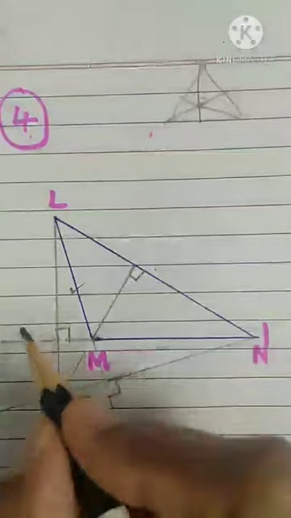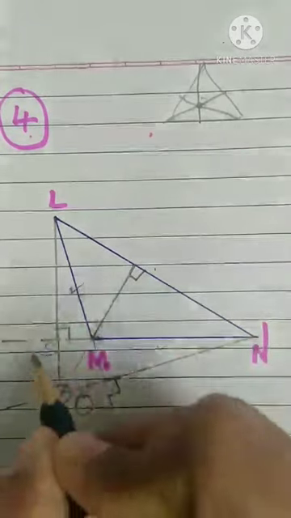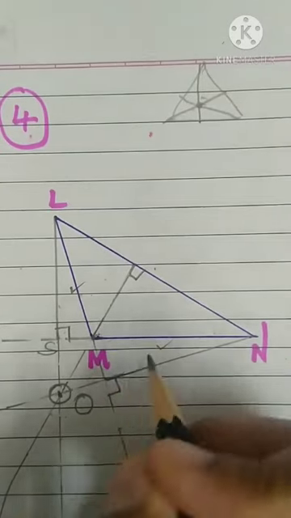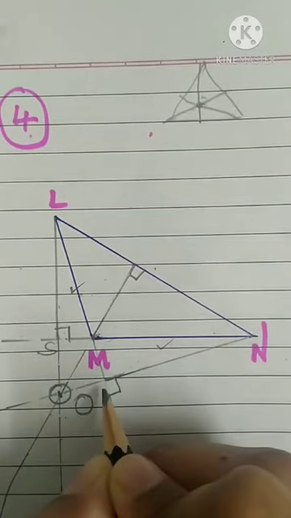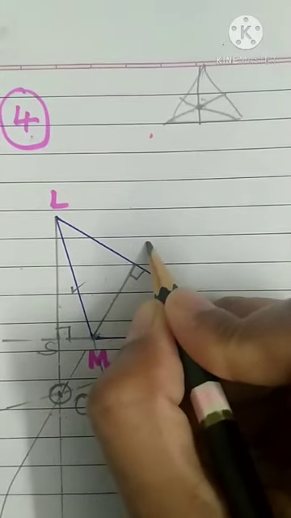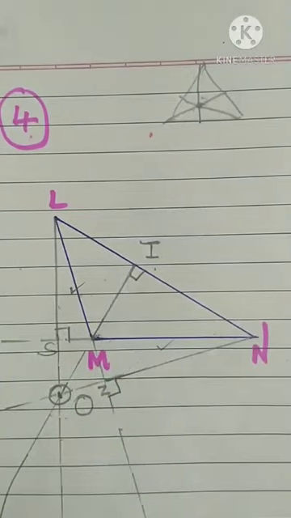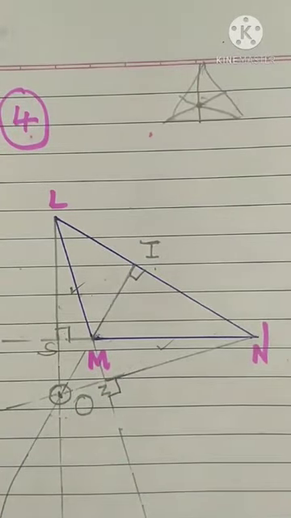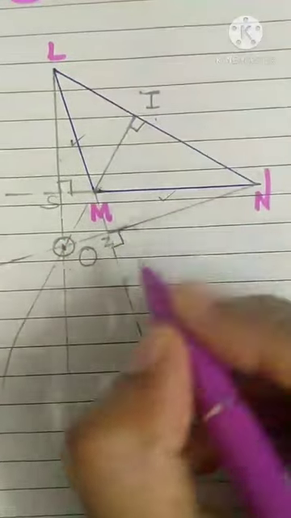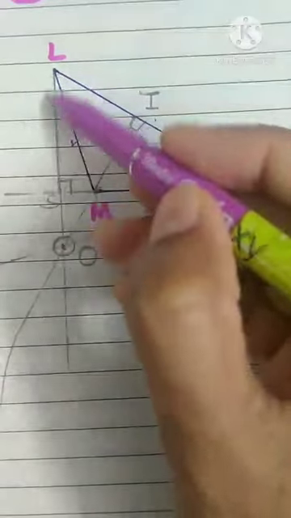Now let us name the altitudes. Let this be LS, first altitude. Second altitude, NZ. And the third altitude, MI. Understood? So we will write down the names of the altitudes. What are the names of the altitudes? Segment LS,